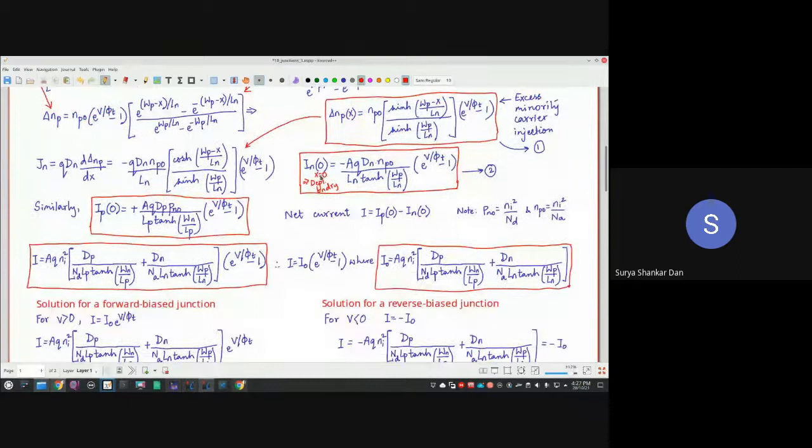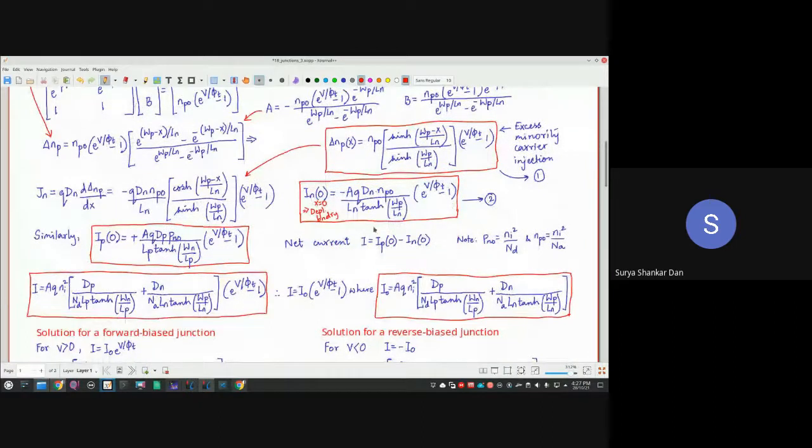Okay. And now why are we suddenly choosing I_n(0)? It is because I want to get rid of this x term. Okay. And why? This simply becomes easier because... who can tell me why we are choosing this? This is the standard technique which is done for any kind of current modeling. कौन बता सकता है I_n(0) क्यों ले रहे हैं? Why not I_n(x)?